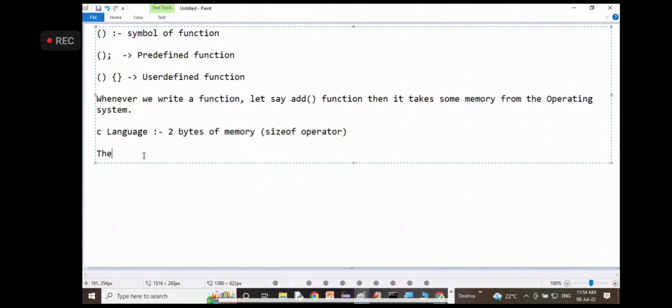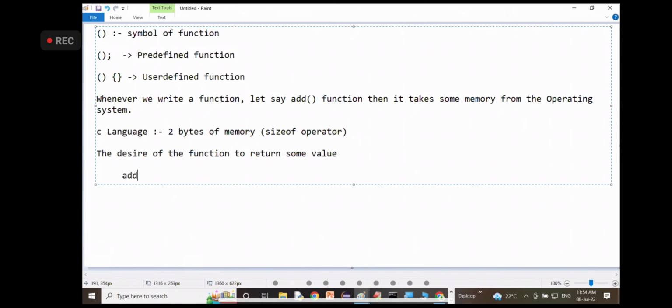So what is the desire of the function? The desire of the function is to return. To return what, sir? To return some value. Are you getting my point? What is the desire of a function? To return some value. I want to return some value. That's why whenever you write a function,